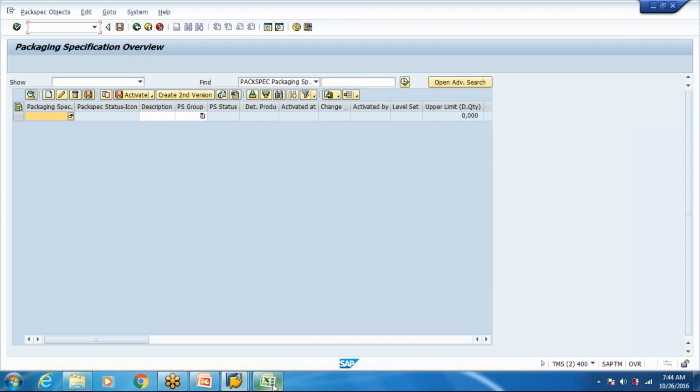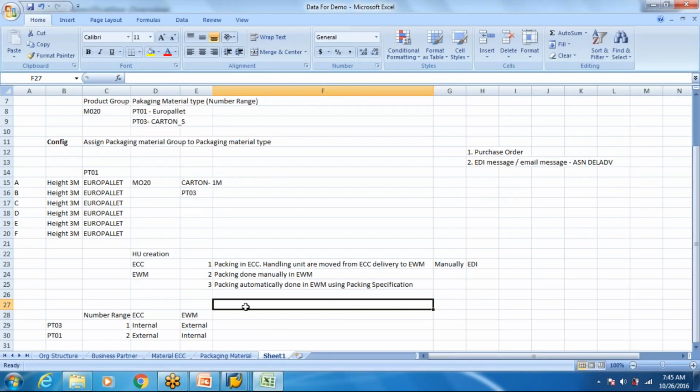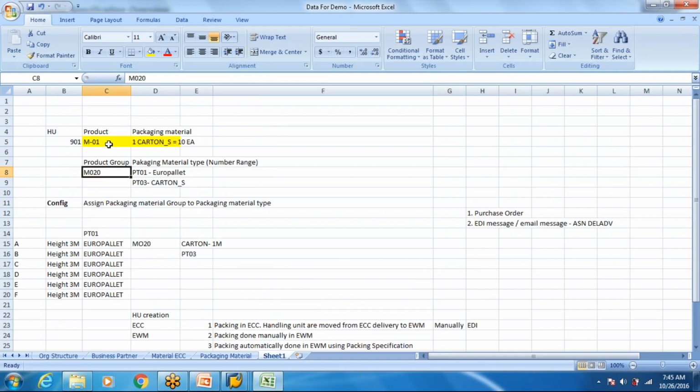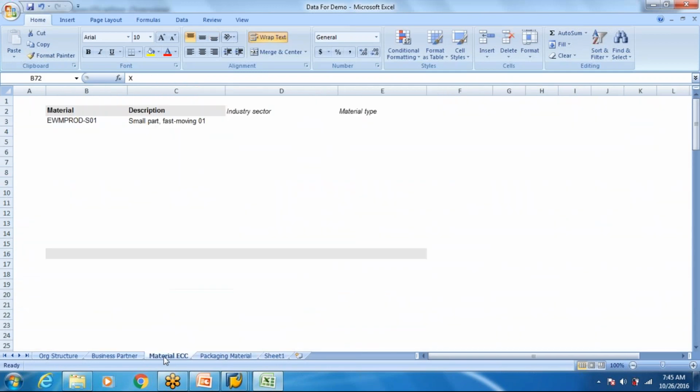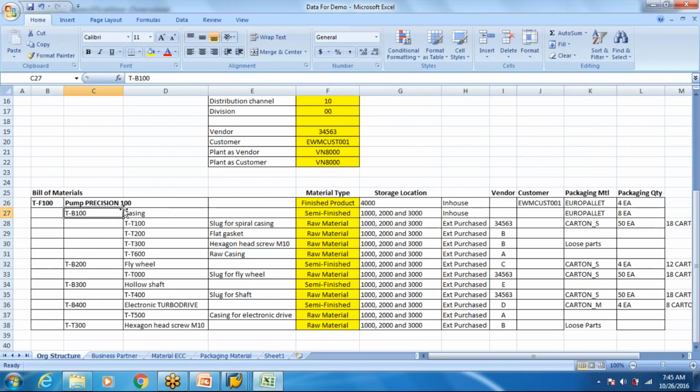For automatic packing, we could take the same product M1, or I would propose we take our own products. What I'm doing is preparing some packing requirements for the products we have finalized for scenario execution.